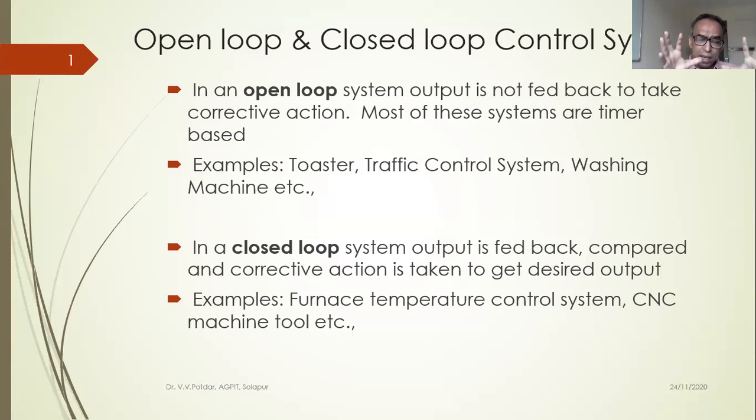So there is a likelihood, there is a sort of probability, there is a sort of dependence in case of open loop system. But if the calibration, if rigorous experimentation is done, and if a chart is provided as far as toaster is concerned, if you have a raw bread going for 2 minutes of setting, if it is a fresh bread, maybe going for 2.5 minutes of roasting, then you can get the desired toast quality. But it all depends on the type of calibration, the type of rigorous experimentation we do,